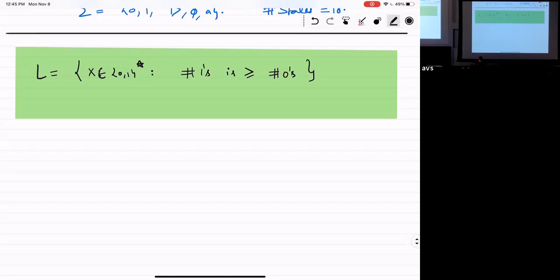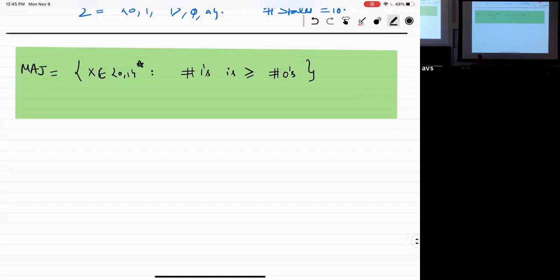And the example I have in mind is L, which is all strings x in {0,1}* where the number of ones is greater than or equal to the number of zeros. Actually, let me call it majority.